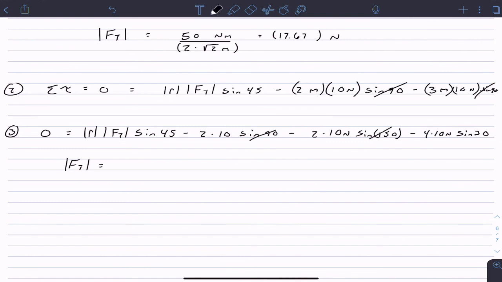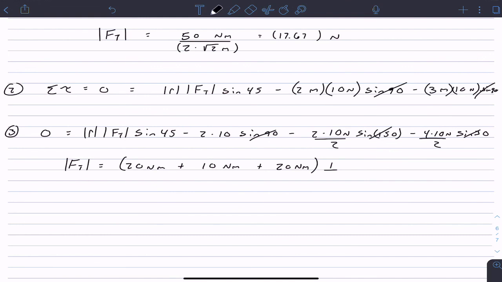Sine 150 is the same as sine 30. That's actually 1/2. Sine 30 is 1/2. So now we have 20 newton meters, excuse me, plus this is what, 10 newton meters, plus 20 newton meters, right? All over,